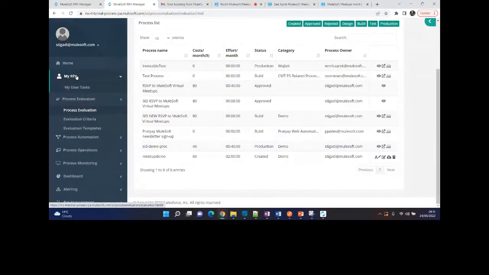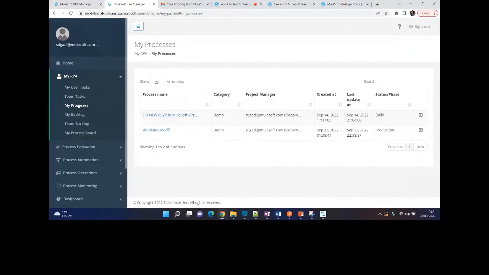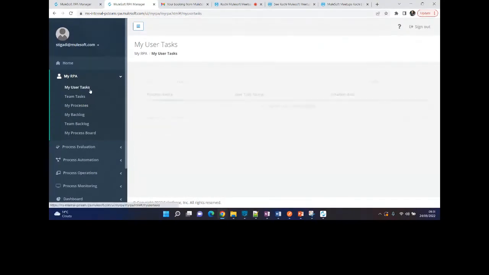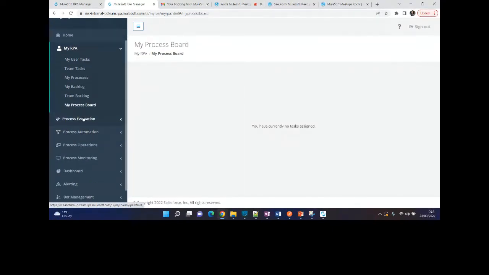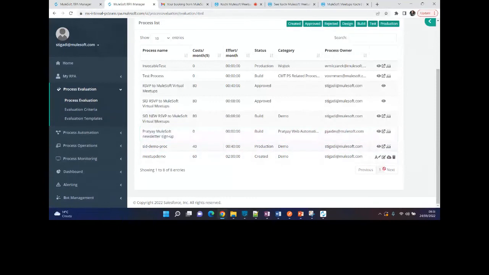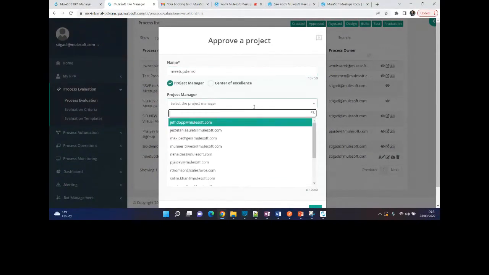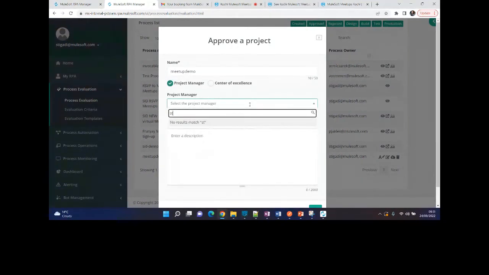If I go to my RPA evaluation itself, I have an option to approve it. So I can say approve. I can actually allocate an approver.